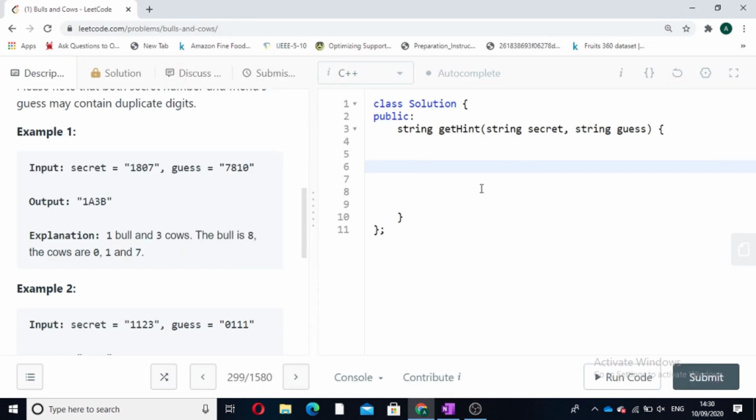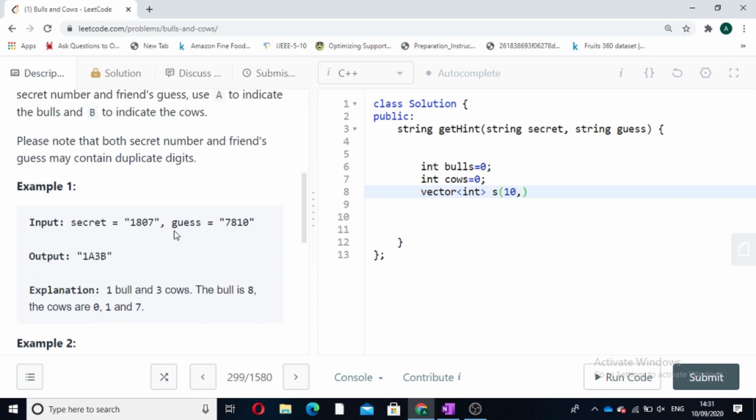First of all, we will declare the variables which we will be using. Int bulls, it will be initialized with 0 and store the result of the bulls in the secret and guess strings. Now we will declare int cows, it will store the number of cows in the question. And now we will declare our two frequency vectors. That will be s, and it will contain only 10 elements.